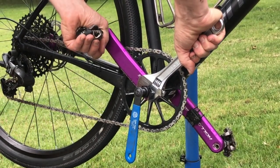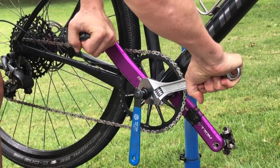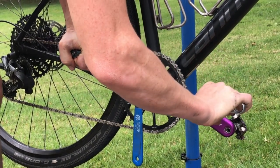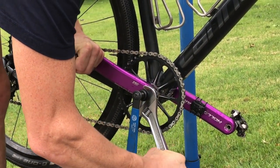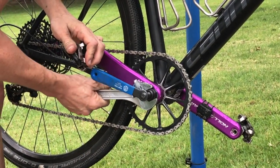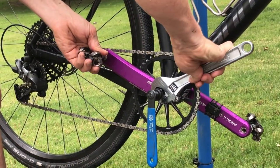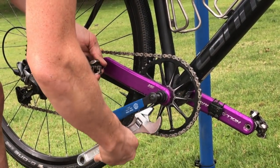You don't want to really crank on this because you don't have a lot of surface to work with, so just very slowly and carefully turn that, and you'll feel the crank arm loosen up, and after a turn or two you'll be able to pull it off of the spindle